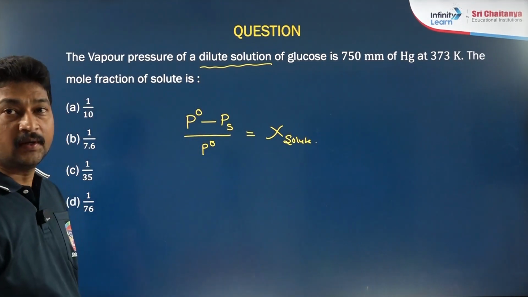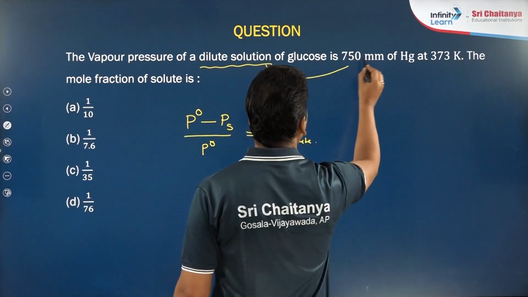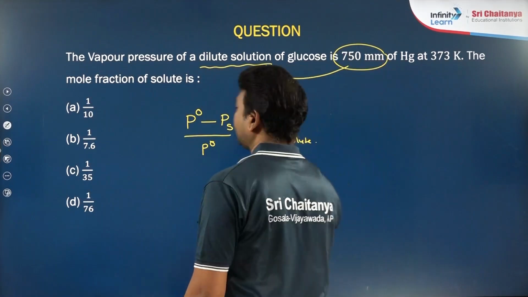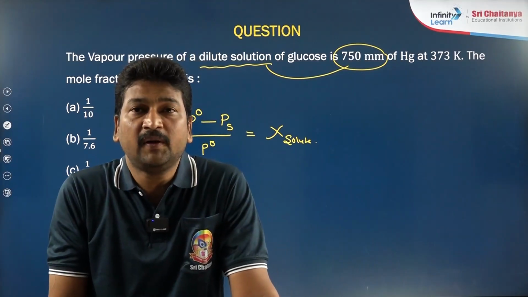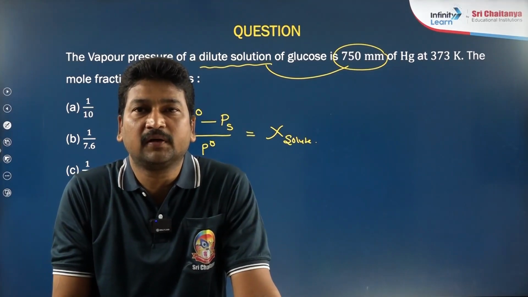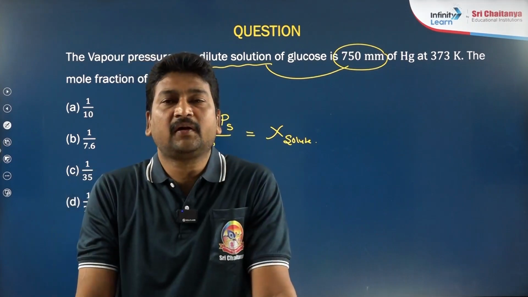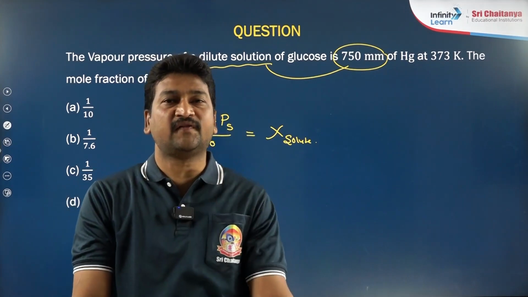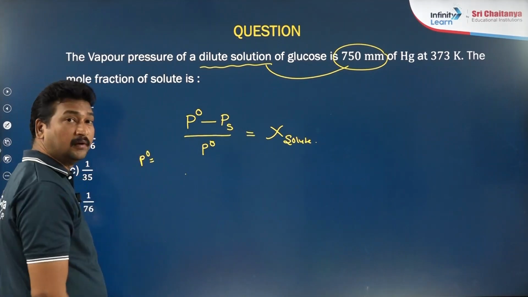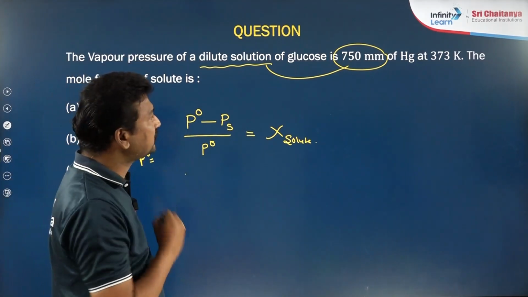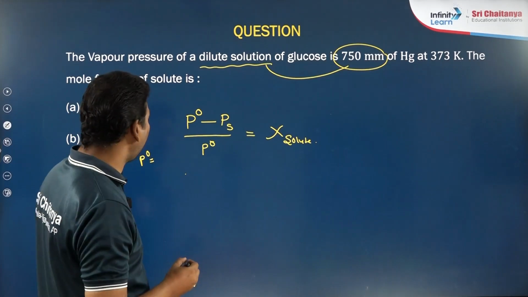Okay, my dear students. Here it is mentioned as vapor pressure of the solution as 750 mm of mercury. Vapor pressure of the solvent is not yet mentioned. If not mentioned, we can take the height of the mercury column. What is the height of the mercury column in mm of mercury? 760. If the P naught value is not yet mentioned, based on the units we can write the P naught value